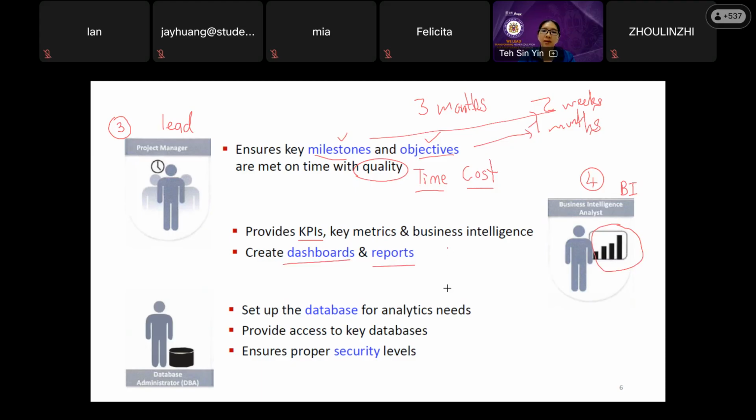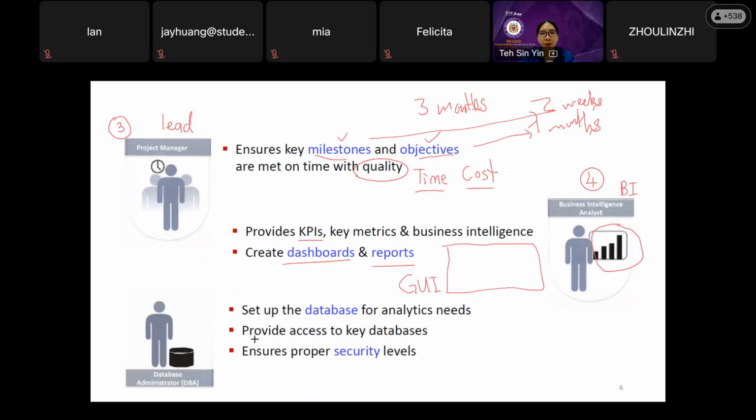Especially when you build the dashboard, you must make sure this GUI, the graphical user interface, is user-friendly. Something that when people look at it, they can understand it immediately. No need for you to stand there and tell them, oh, this is how you should read this graph. It should be possible to see it and immediately understand it.